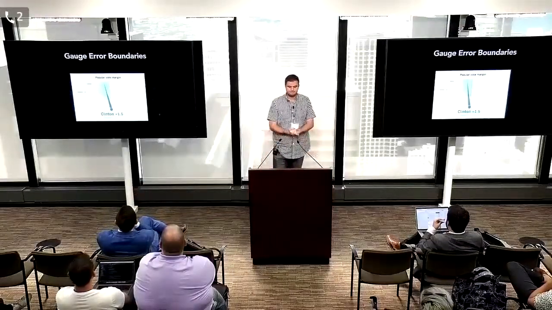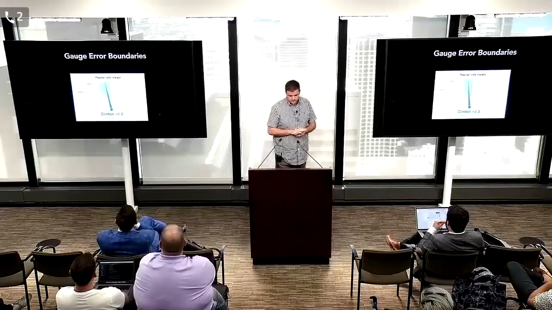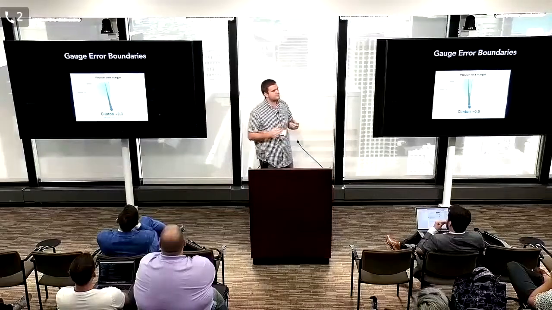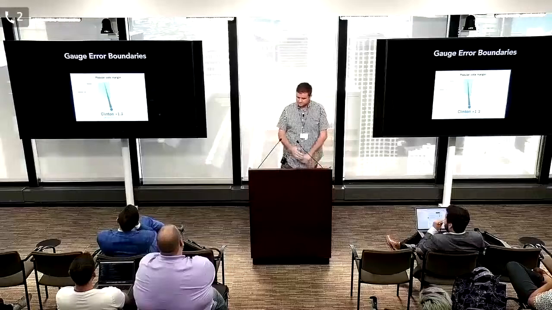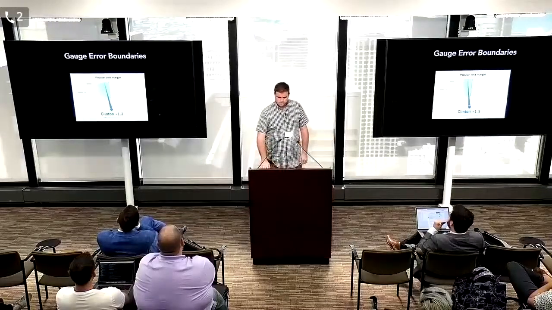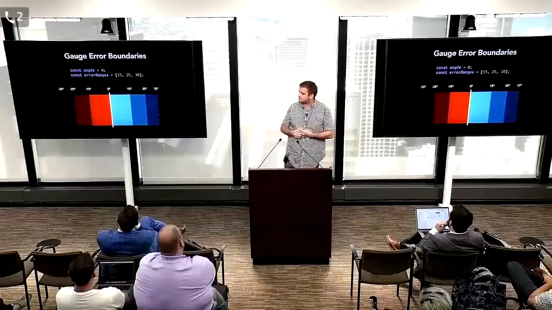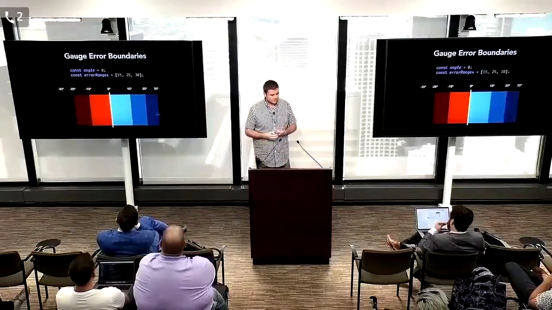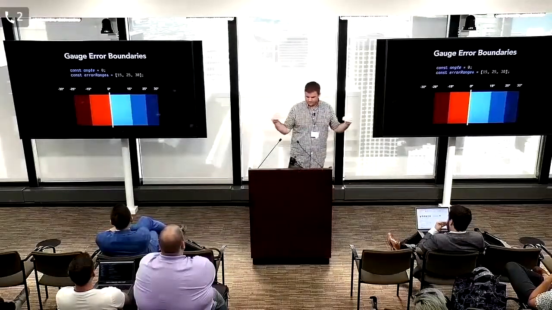All right, the gauge error boundaries. This one starts to get a little trickier because now we have to do some data manipulation. We don't really have a way of just taking a single value as an input and working with it. Sometimes it's difficult to reason about these things when we're looking at an arc and angles, so I think it's useful to start flattening this out and thinking about it on just a flat one-dimensional